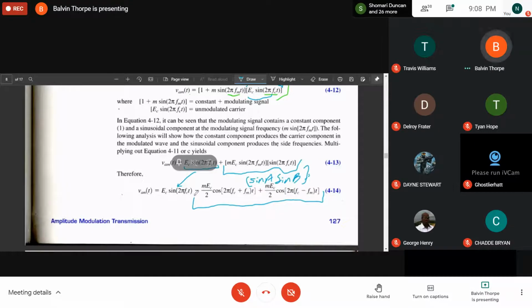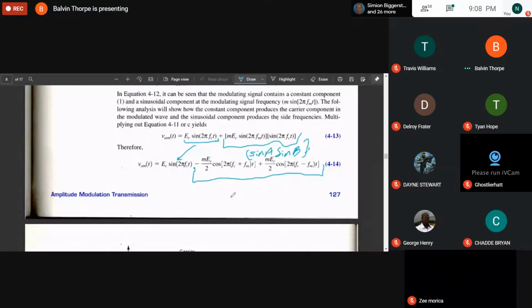And from here, you can see a couple of things. You can see that the amplitude modulated wave incorporates the original carrier signal, plus